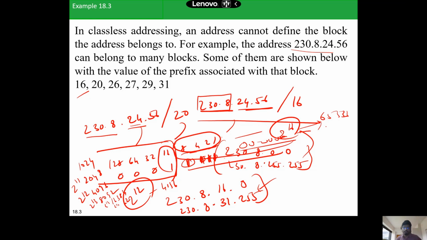I think it becomes easier for us to understand the number of hosts you can have depending upon the prefix length. At 26, 6 bits goes for the host. So that means it's basically 64 hosts you can have. 27, 32 hosts. 29, you just have 3 bits for the host, 8 addresses. 31 bits goes for the prefix. Only 1 bit, which means you only have 2 host addresses.